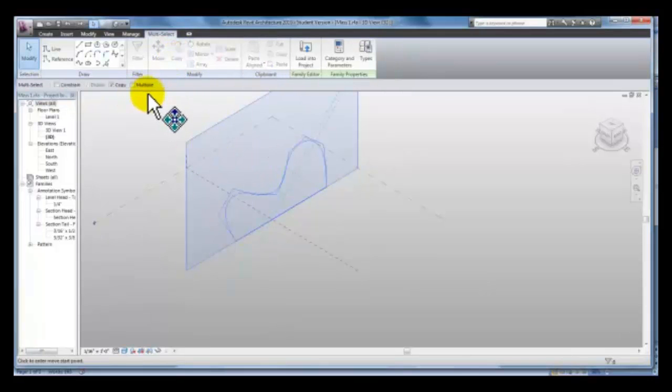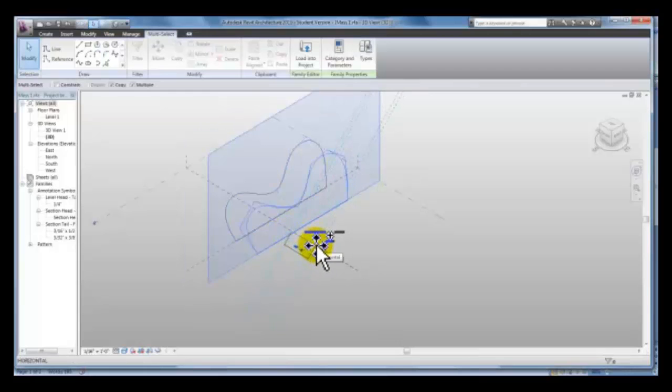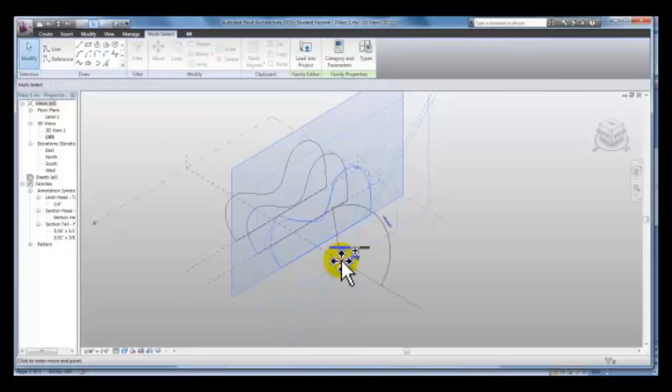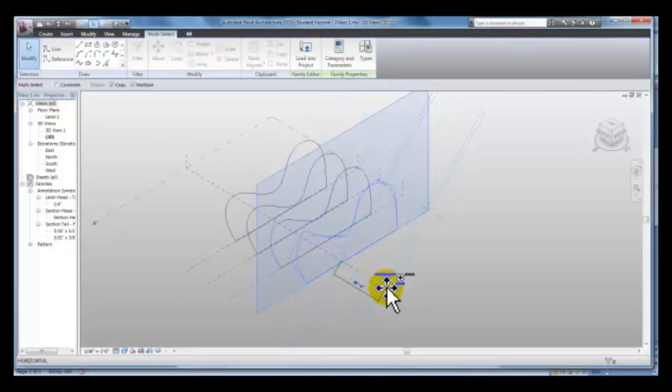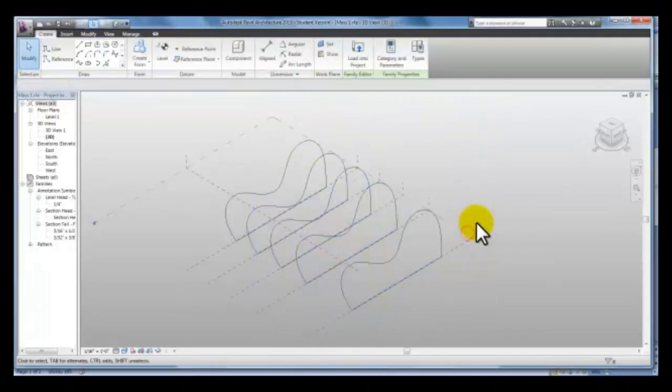Pick Copy. Make sure you put a check mark in Multiple. Pick a base point here at this reference plane, and then continue picking here several points, creating additional planes and shapes created with that spline and the line that we established. You can decide on whether the distance is the same. I'm just clicking here and along that bottom line. And then with your control key held down, select each one of these